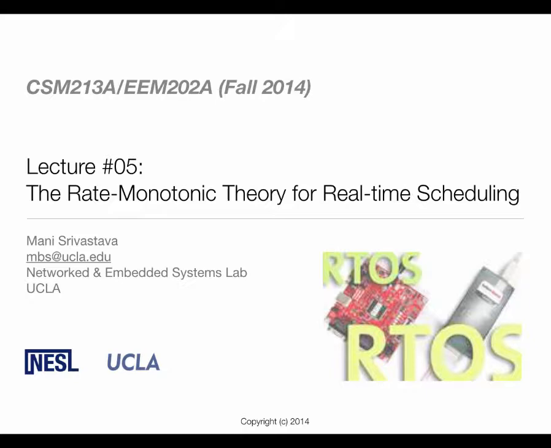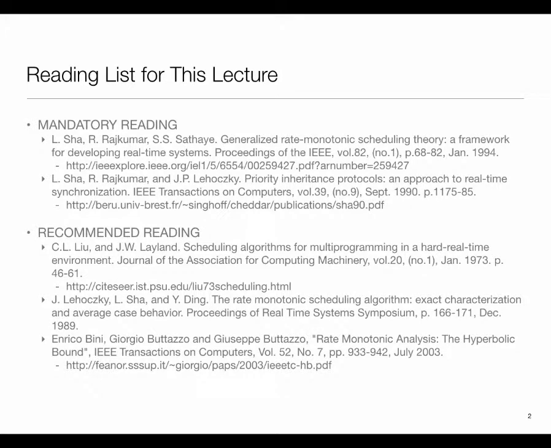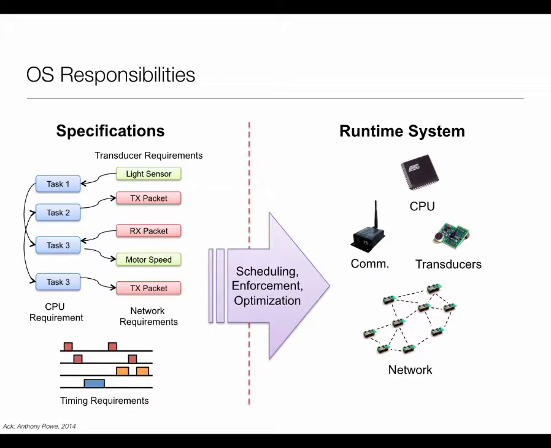Probably the most grand theory in this space is something called rate monotonic theory. So this slide set basically walks through that. And then the next slide set will cover just some more advanced techniques that exist. For this lecture, since it is a little bit more formalized material, I've indicated two papers, which are essentially the seminal papers that describe the modern state of rate monotonic scheduling.